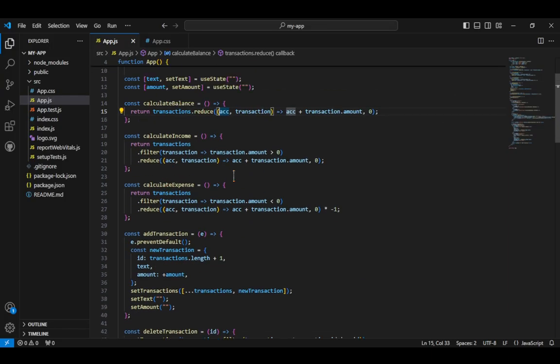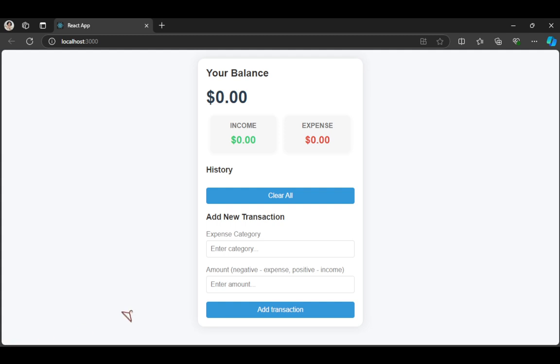So the income is a return transactions filter, calculate income. The purpose of this function is that it calculates the total income by summing up only the positive transactions. If you want to add the sample salary, I add the salary.